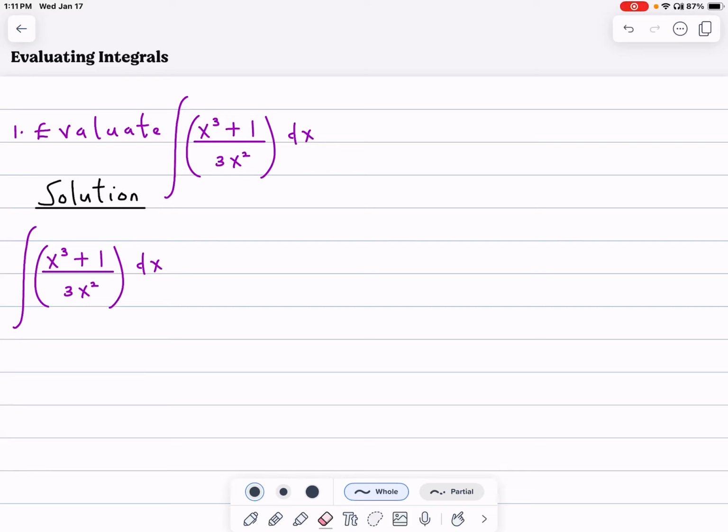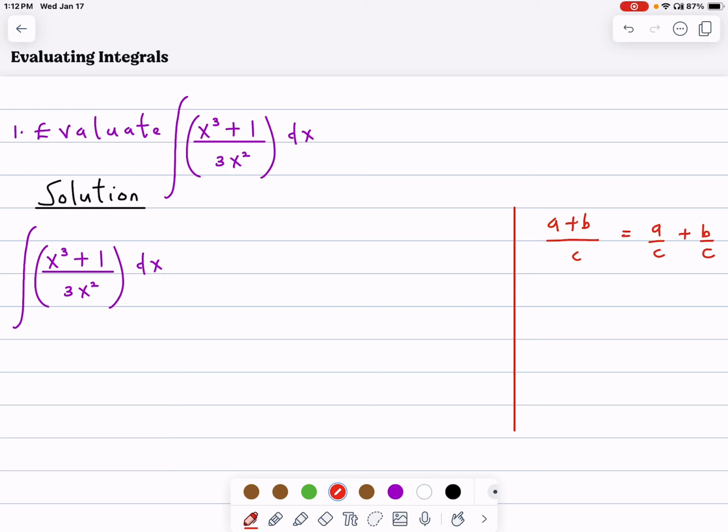Hello friends, let's evaluate this integral. Hmm, how can we do this? Okay, so using the fact that a plus b over c is equal to a over c plus b over c, we can rewrite the integrand, that is x cubed plus 1 all divided by 3x squared, as